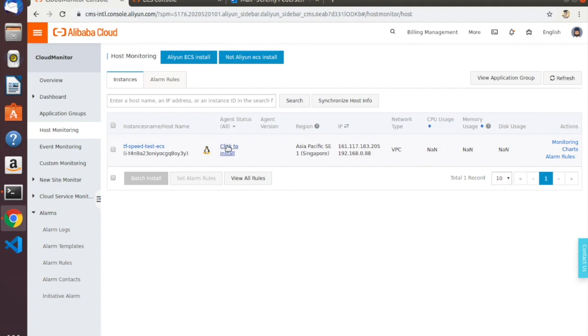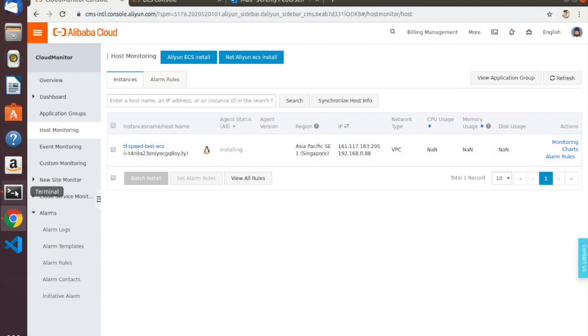If you are on Alibaba Cloud, the easiest way to install the agent is not using that method up there, but rather by clicking on the click to install button right here, which I've just done, and the agent's now installing. Let's go ahead and wait for that to finish and wait to get a little bit of data, and then we'll configure some alarms based on these instance metrics, and we'll try triggering them by running various stress test